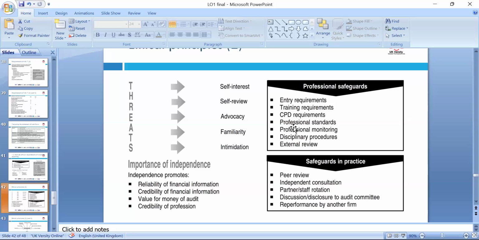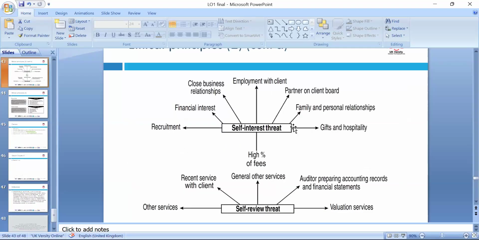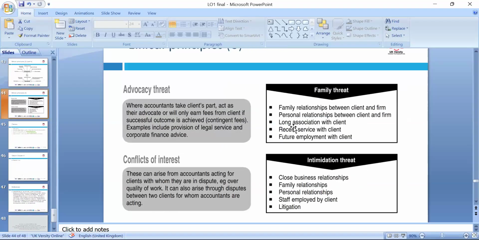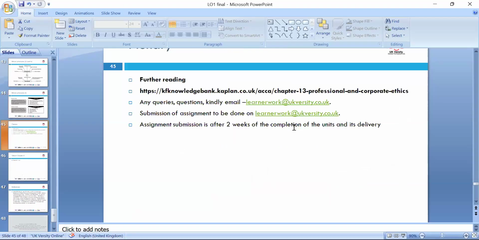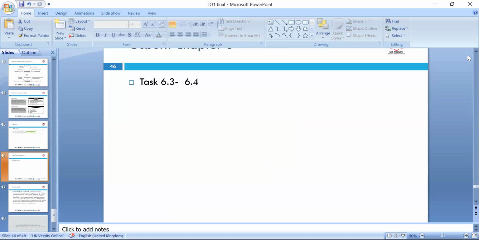Intimidation, if somebody says your job will be at risk if we show the right figures. Like in the case of VAT, if we ignore that transaction, we compromise our integrity and objectivity. So please look at these. All these threats lead to compromising the professional code of ethics, and we have to put in place safeguards which will not compromise these, such as conflict of interest, advocacy and all these threats. We have included the link, so if you want to look further, you can. Other than that, it's recommended here.